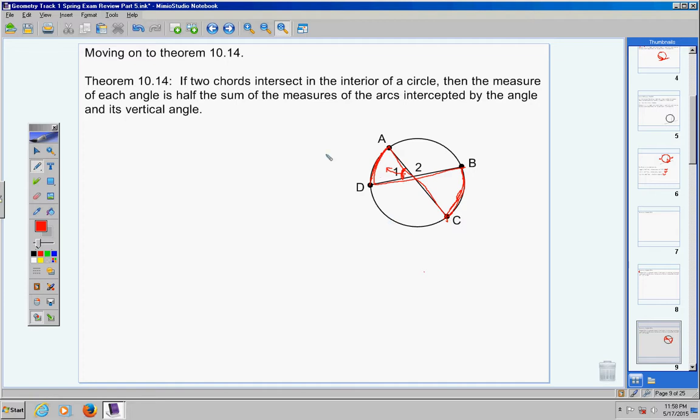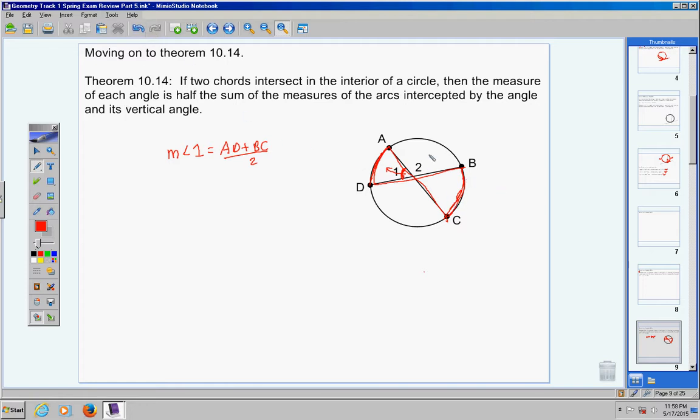Okay? Another way to put it is the measure of angle 1 equals AD plus BC divided by 2. Now, why am I writing it like a formula like that? Because sometimes you're going to be asked to find the angle. That's pretty easy. Sometimes you're going to be asked to find one of the arc measurements, okay? And that's going to be a little more difficult. But again,